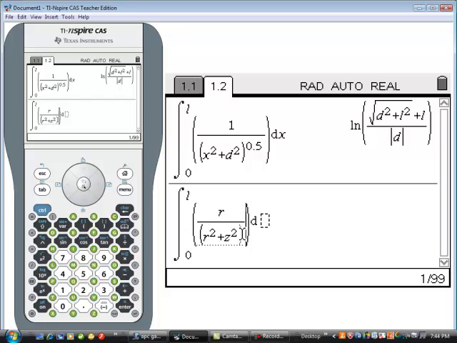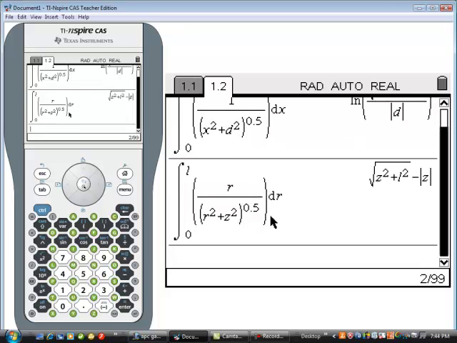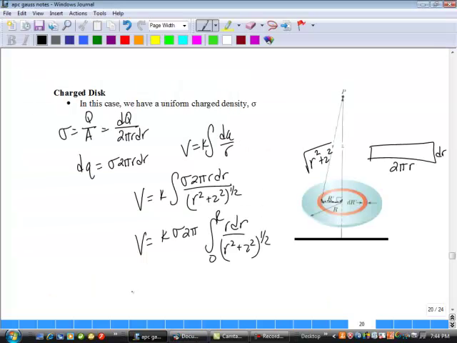And get my r raised to the 0.5 power, and that is going to be with respect to r. There you go, and so that gives my value right there. Remember, this L needs to be an r, and that's it. You're going to leave that alone and let your calculator do the calculus for you. And so your final answer is z squared plus r squared,